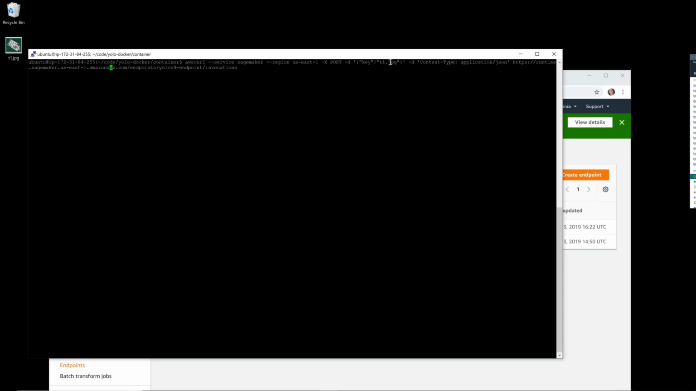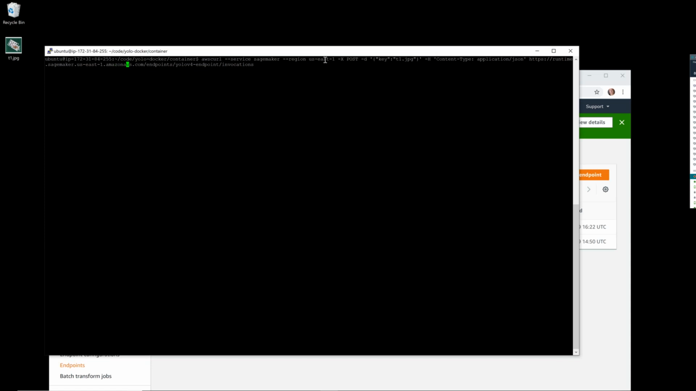So you see here t1.jpg. That's the name of my image that's in an S3 directory, and that's the image that I want to run inference against. And hopefully if I type this correctly,